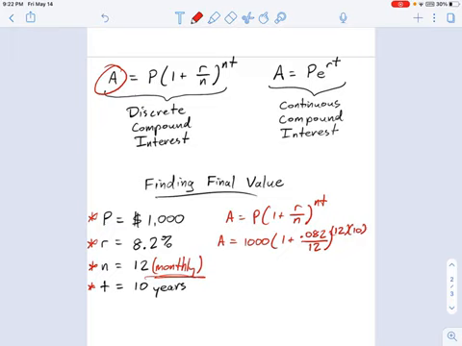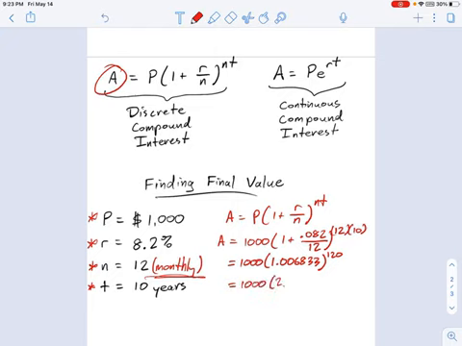So, punching this into my calculator here, 0.082 over 12. Let's just go in steps here. I still have 1,000 on the outside. On the inside of the parentheses, I figured that is 1.0068333, and the exponent is 120. So if I take that parentheses value, that 1.0068, and I raise it to the 120th power, I get